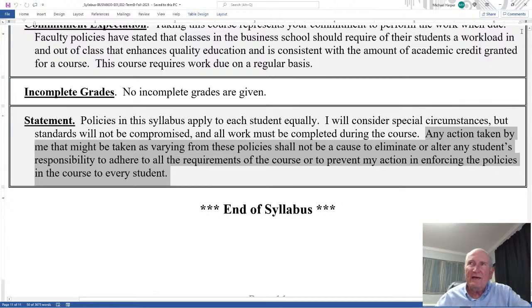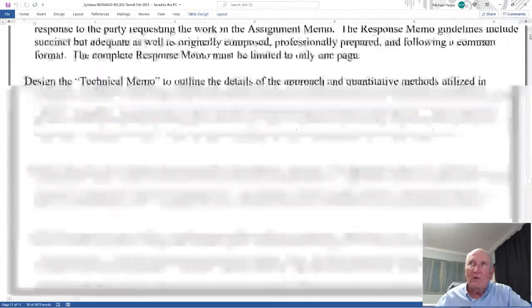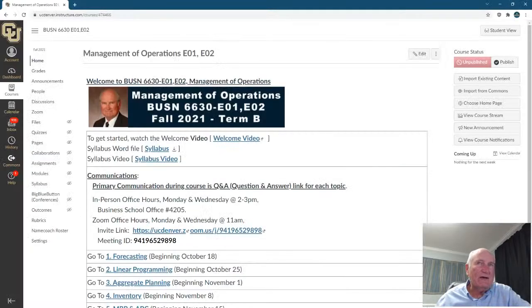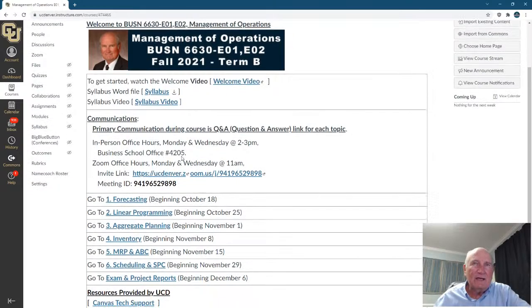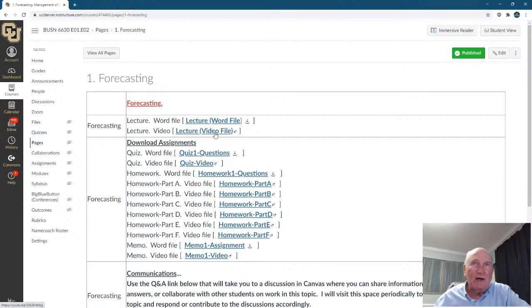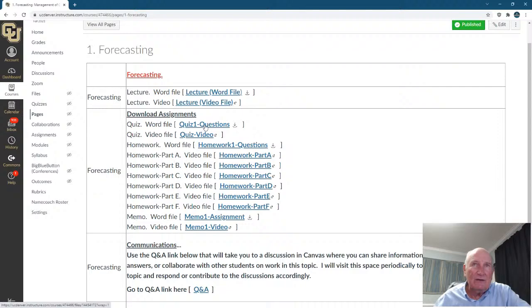Okay, well, that's all I have for this video for the syllabus. Now, when you go to Canvas, let's go to Canvas. When you go to Canvas, here's the syllabus, there's a video, and as I said in the welcome video, each one of these pages in the module, the forecasting, will have a Word file. I have a video file, and you download these questions. You download the question, you open it up,